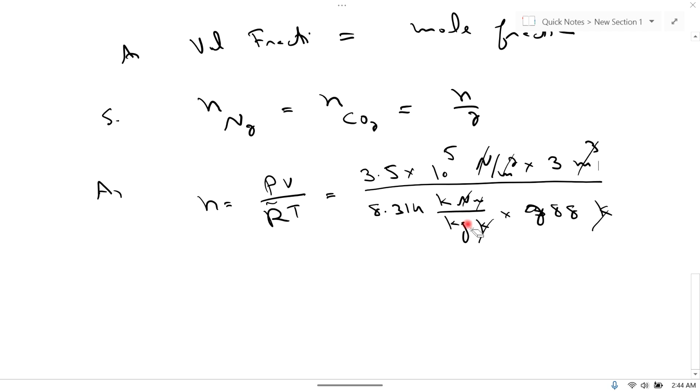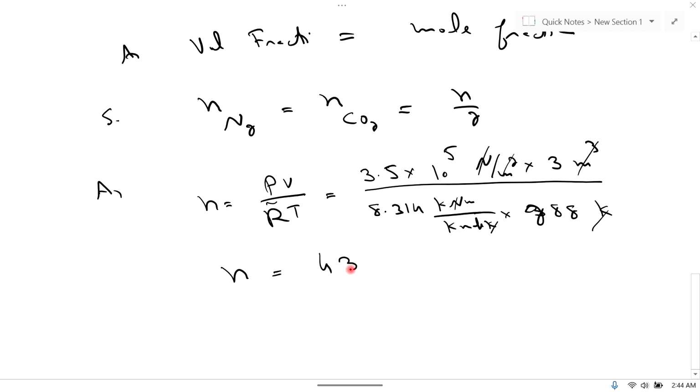This is not the correct unit. Sorry, this is kilonewton meter per kilomole per Kelvin. So Kelvin is cancelled with Kelvin, Newton is cancelled with Newton, and meter square times meter is meter cubed, which is cancelled with meter cubed. So n is equal to, after simplifying this value,